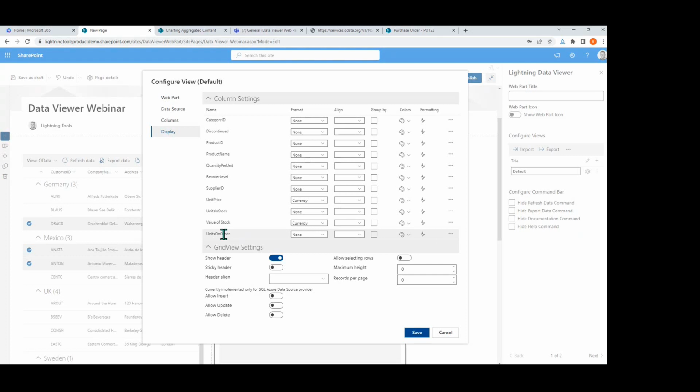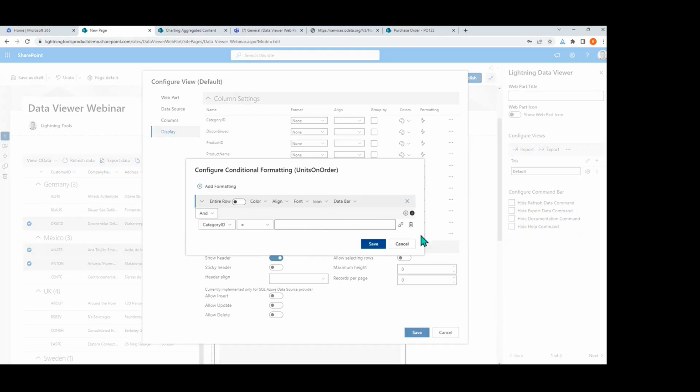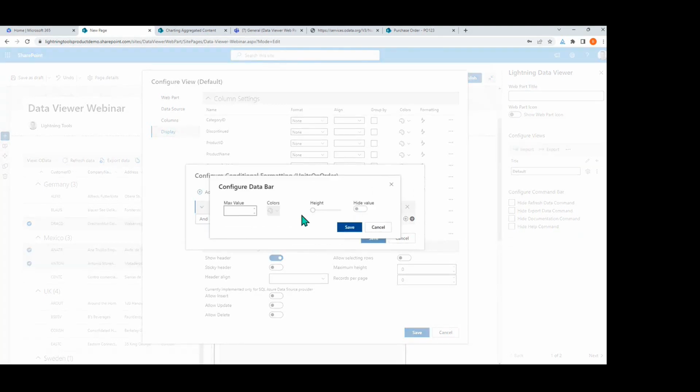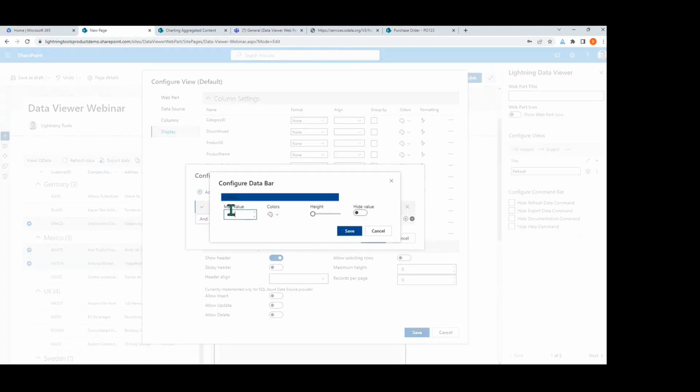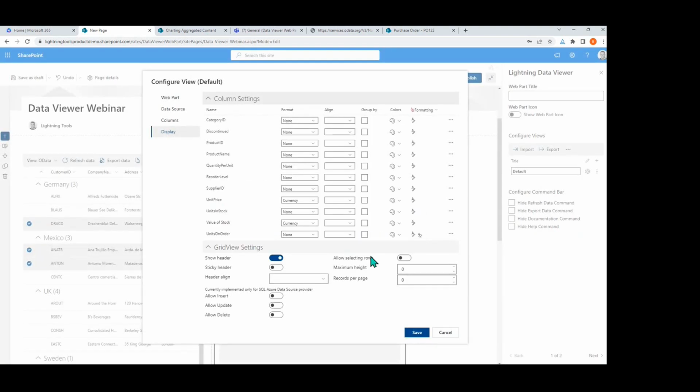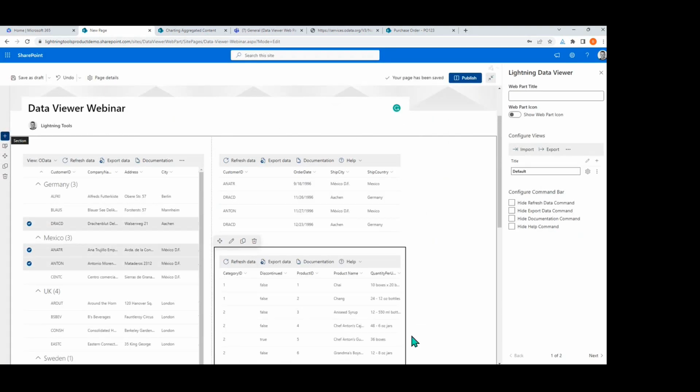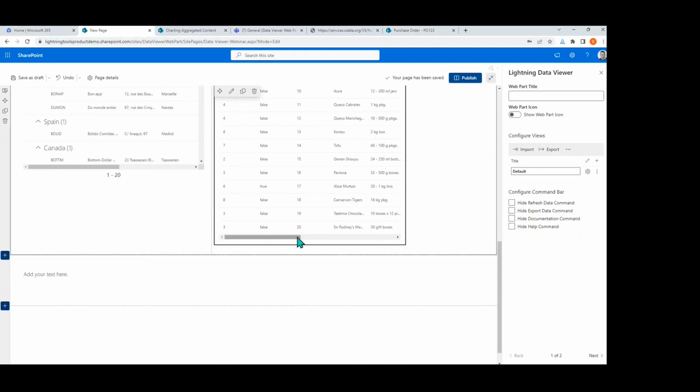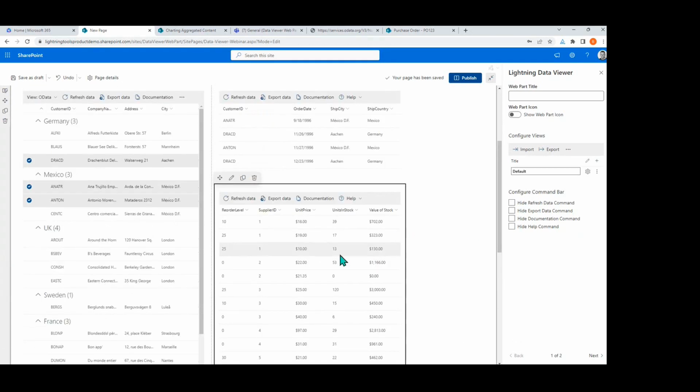We could add, for example, the units on order. Rather than seeing that as a static value, I could add that as a data bar. So I'm going to just take a guess on what the maximum might be. We'll save that. So when we look at our data, so we scroll to the right, that's not come through. But yeah, we could have data bars on here. We can also add other conditional formatting as well,